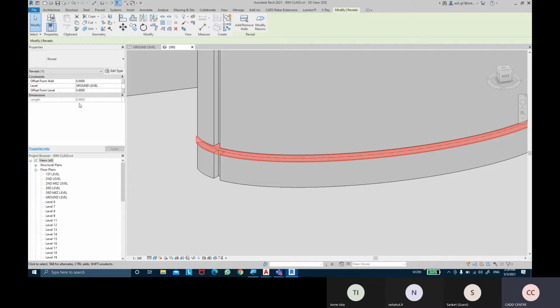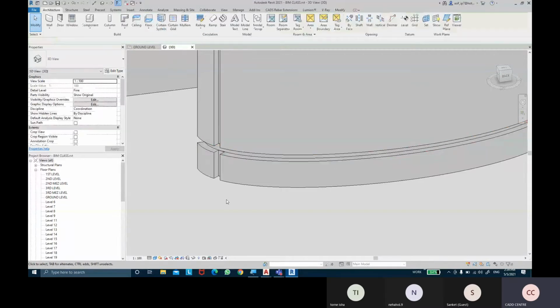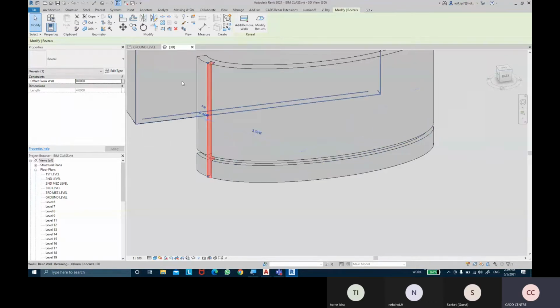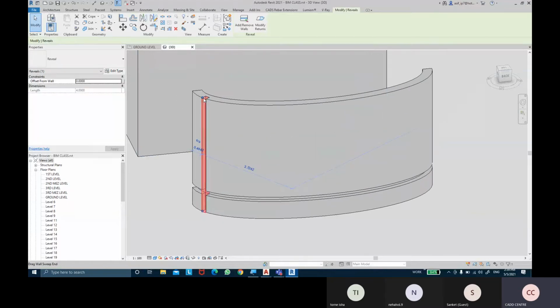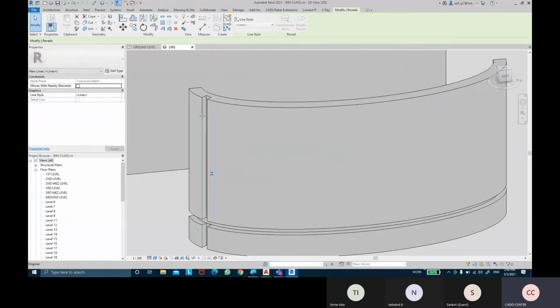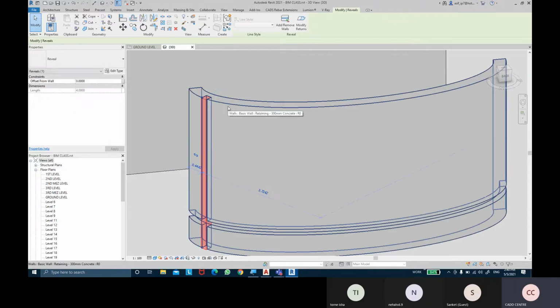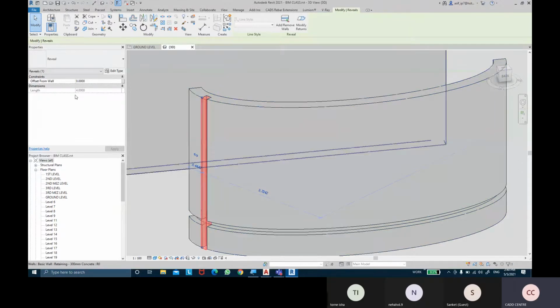The length of that reveal is 8.9864 meters. Even if I select this reveal, it tells me that's 4 meters in length, because that's the complete reveal. Now if I drag this blue dot point that is there and bring it down a little, you can see the length changes to 2.4 meters. If I drag it to the end of the wall, the wall height is 4 meters, so the reveal height is also 4 meters.